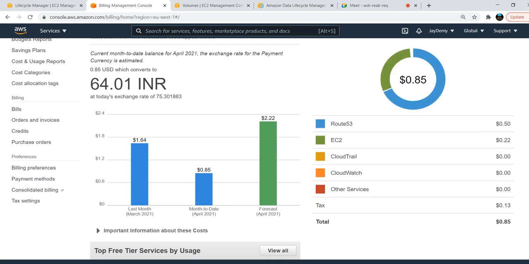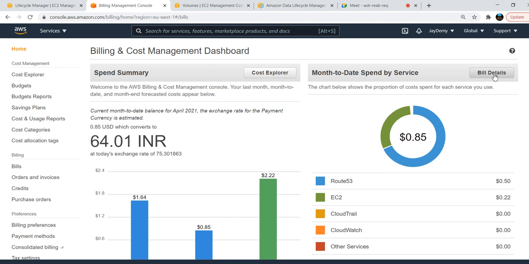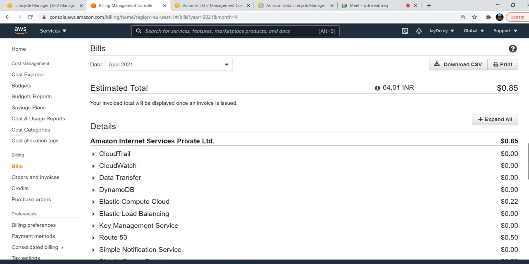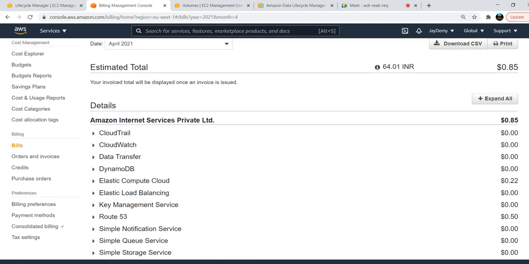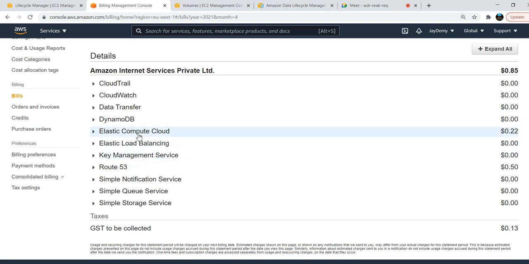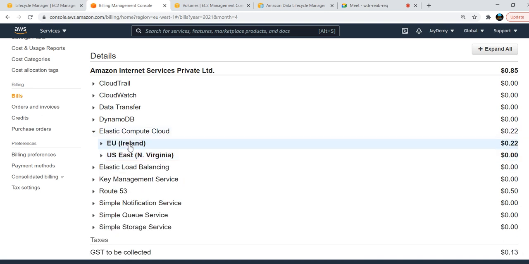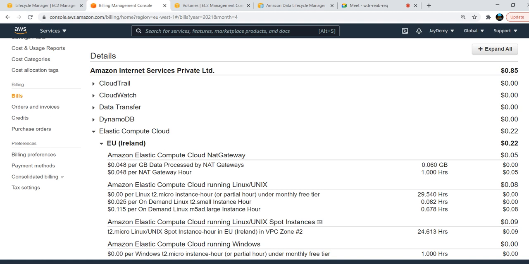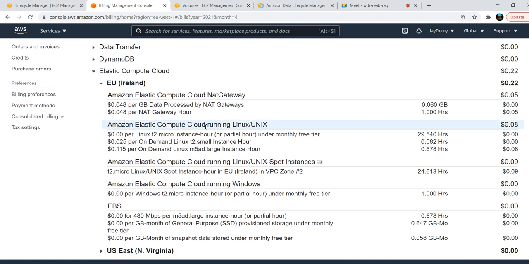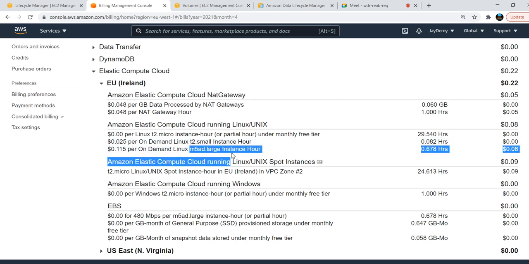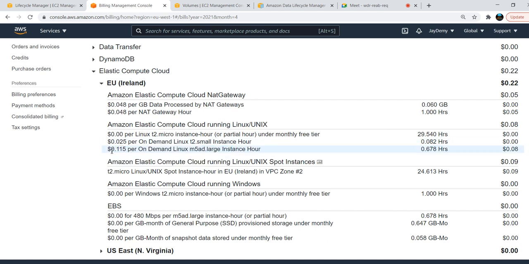Just go to the bill details, and I'll navigate to EC2, Elastic Compute Cloud, under Ireland only. Yesterday I created one instance with the help of instance store, an M5AD large instance, at 0.115 per hour for an on-demand Linux instance.